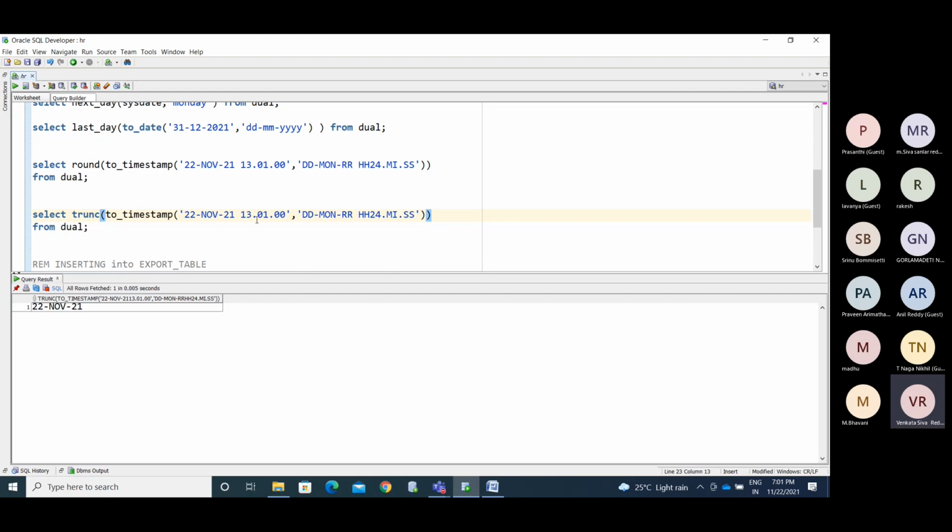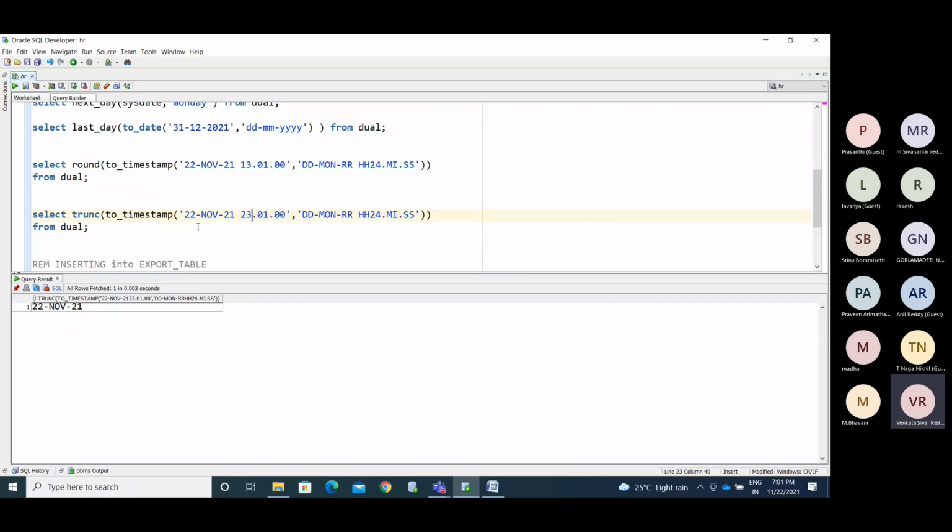So even if it is 3 hours, it will still show the 22nd. If it is 1 a.m., 2 a.m., anything, it won't bother whether you are in the first half or second half of the day.